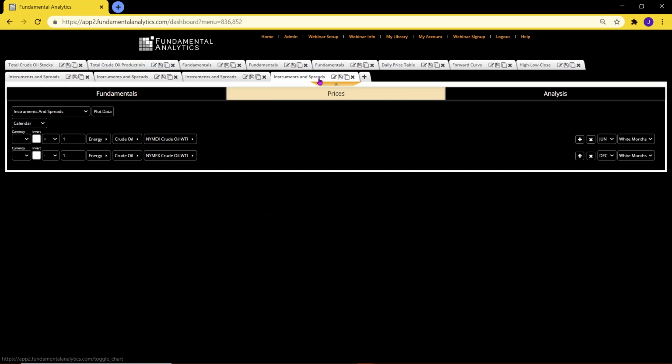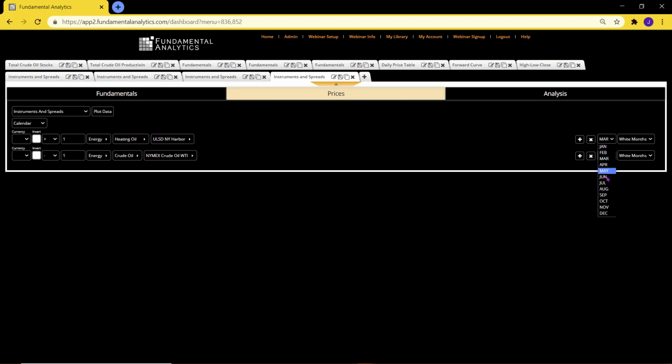Now I've been doing what we call calendar spreads to look at the curve. What refiners worry about and what you can trade is the crack spread, the difference in price between the raw material, the crude oil, versus the finished product. In this case, let's do heating oil. And again, notice I'm just following the selection choices. I don't have to remember any code or any symbols.